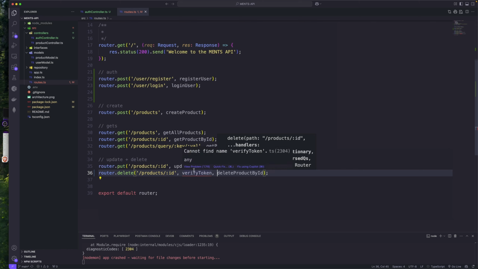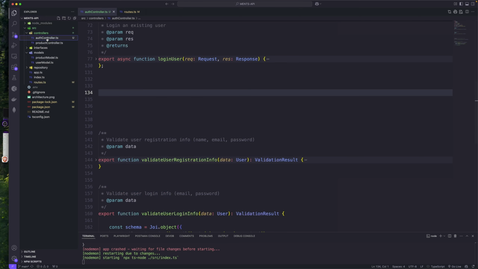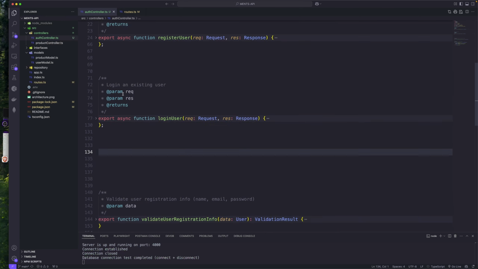The verify token function will be, the logic will be run in there, and it will check if the token is valid, the one that you provide. So this will serve as somewhat like a navigation guard, that you cannot access this route unless you are logged in and you have a valid token. So we're going to create this verify token middleware function, and we can do this inside the Auth controller